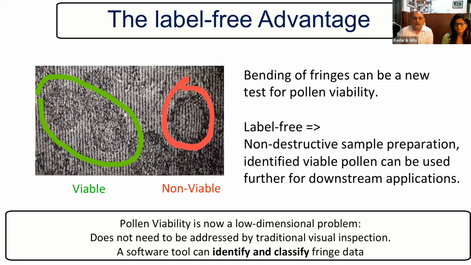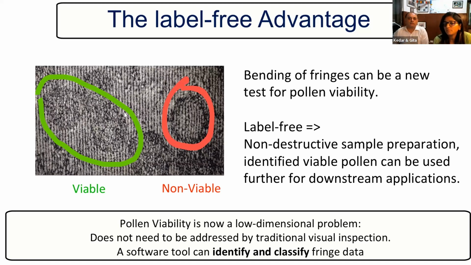And you can see that now, if I just wanted to identify which pollen is viable and which one is not viable, we can just see that this is non-viable because the fringes are not bending so much. Whereas in these other cases, these are indeed viable pollens because the fringes are bending. There are various shapes that we can see here, but we can almost estimate that this will create the same kind of phase values that are on the viable side. And so you can talk about